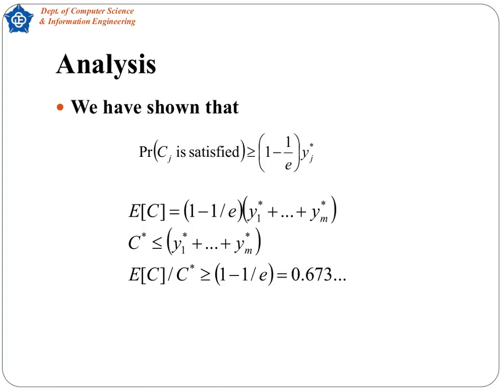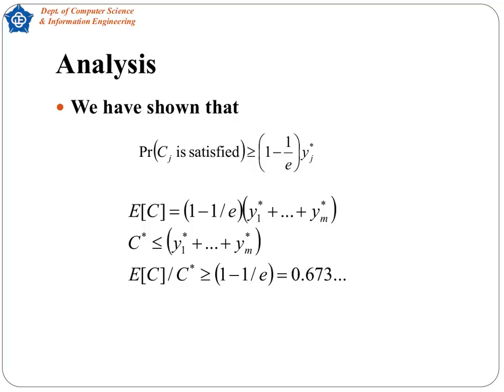Summing over all m clauses gives E[W] ≥ (1 − 1/e) Σ_{j=1}^m y*_j. Meanwhile, the optimum number of satisfiable clauses, C*, can never exceed the same sum, Σ_{j=1}^m y*_j. Dividing these two results, we get E[W]/C* ≥ 1 − 1/e ≈ 0.632. And there you have it,